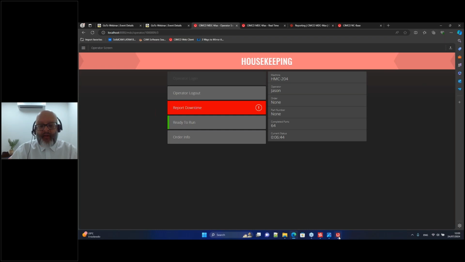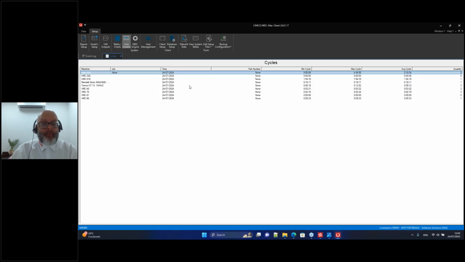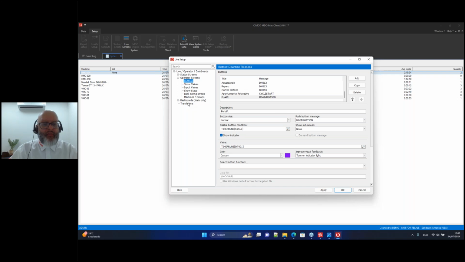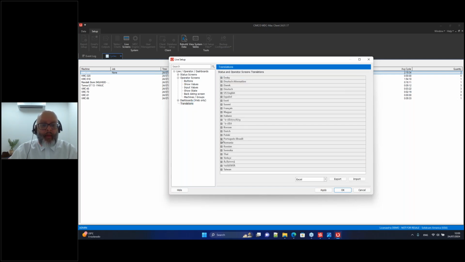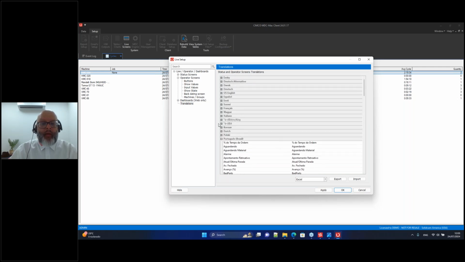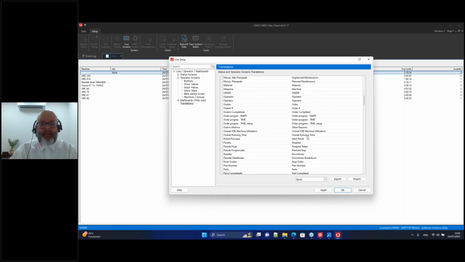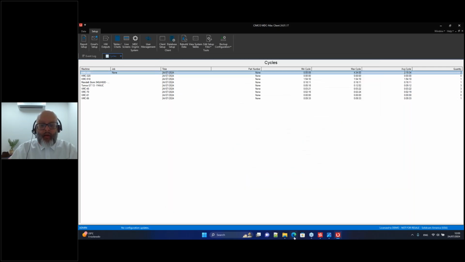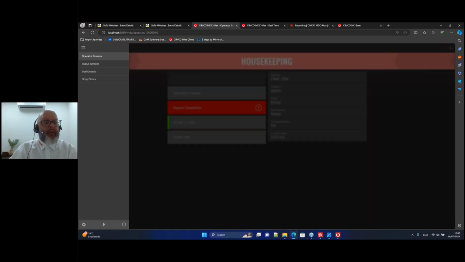English. There's a translation functionality here on the software, so you can go here and say translations. These buttons or these commands in the interface, this is their translation, and for English, this is the translation. So now the CEO in the US can go here and say, I want to see everything in the UI in US English,